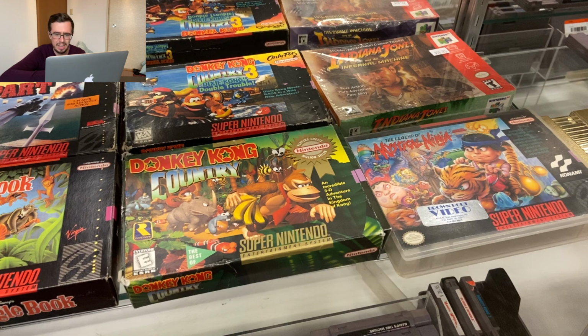We've got, is that a sealed copy of Indiana Jones and the Infernal Machine? Yeah, because it doesn't look like they're resealing the game. So that is a new copy of Indiana Jones for the N64, and that's $60. But I don't think that was released in Japan, so I couldn't tell you what its other price is. And that's, wow, okay, Legend of the Mystical Ninja. So that is, I'm going to do some weird pausing here. That would be,